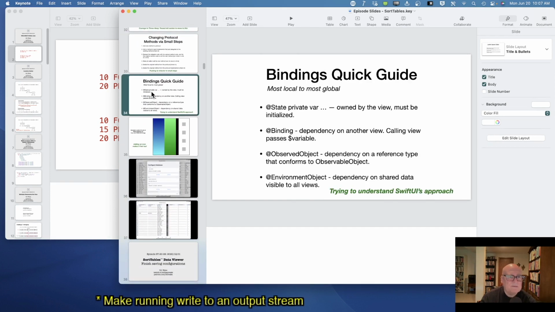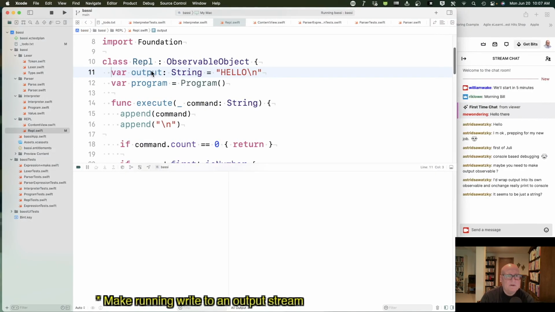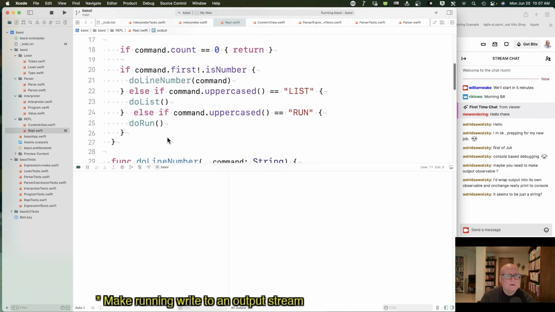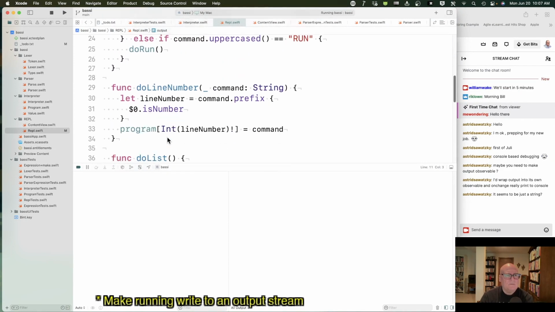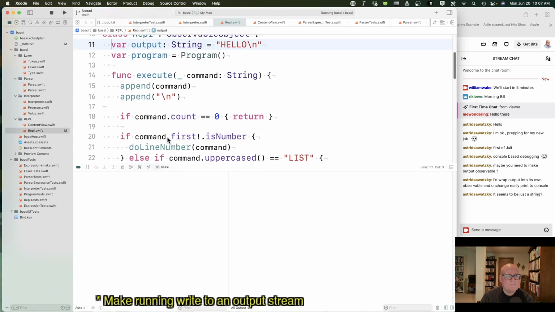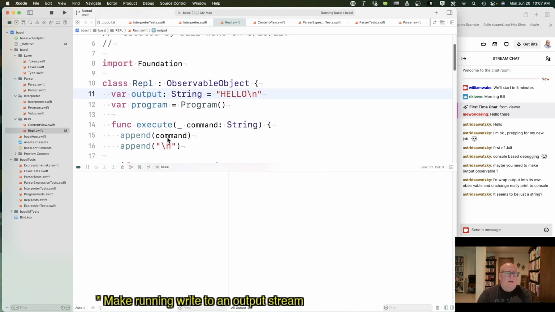I know I had to go back to basics more than once. Observed object: dependency on a reference type that conforms to observable. I'm not clear if my REPL, if everything is observable already, is what I'm wondering. I'm puzzled, because if I pass the string, maybe you're right. Maybe that has to be its own observable. I'd kind of hoped wrapping it in the REPL, making the REPL observable, would cover me, but